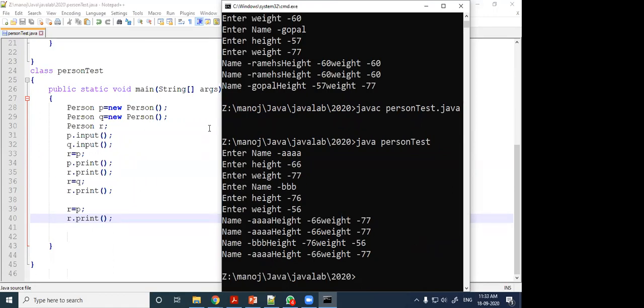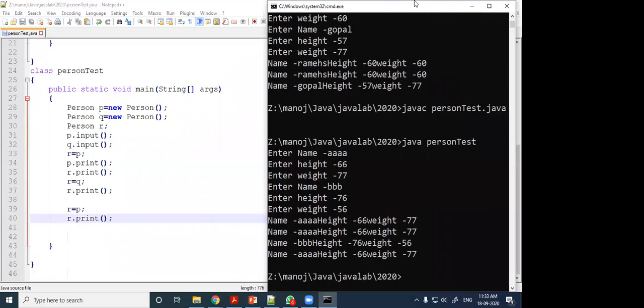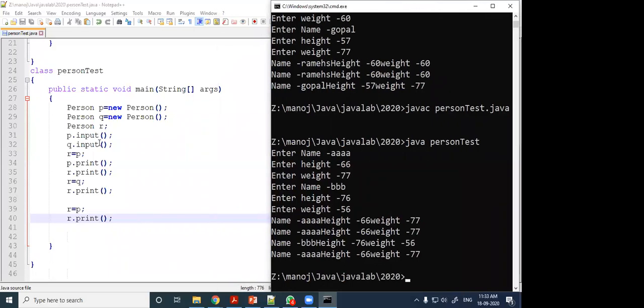Just all of you today try to find the answer. What is the case? If I write P equal to R, it is not working. But if I write R equal to P, it is working.